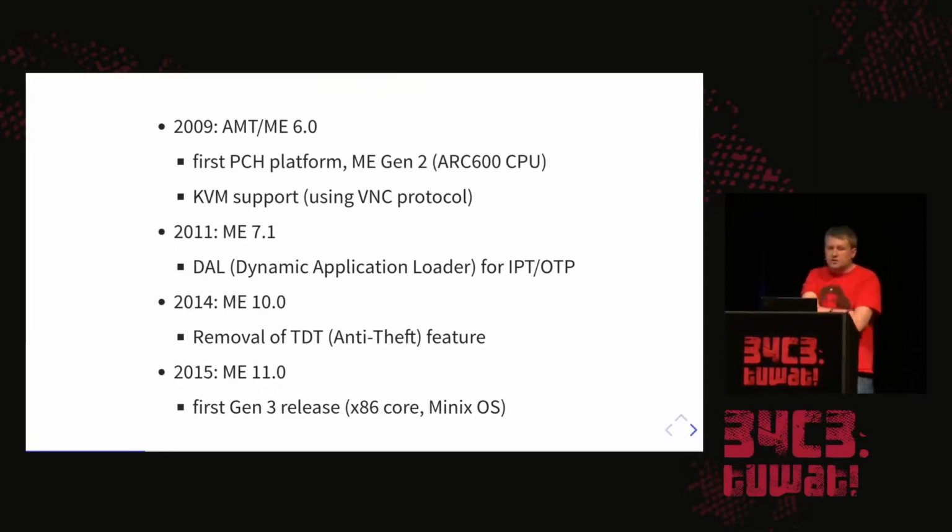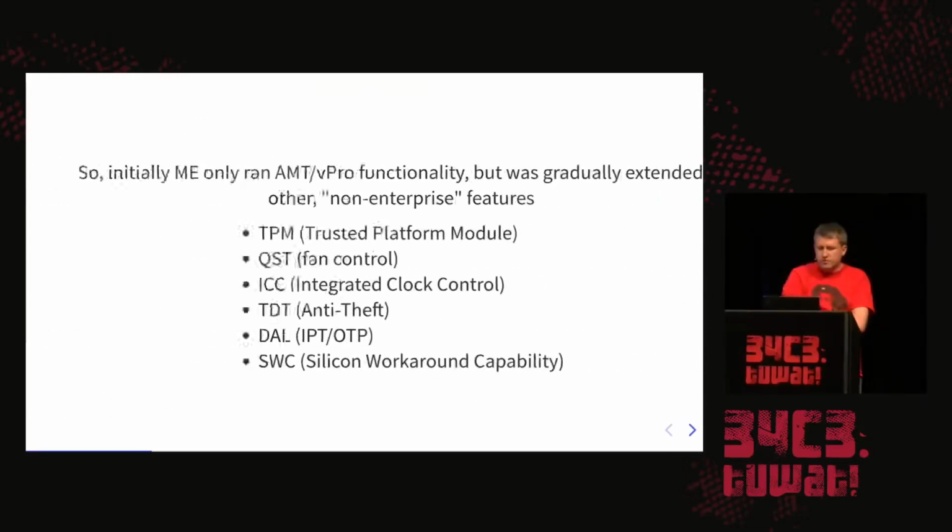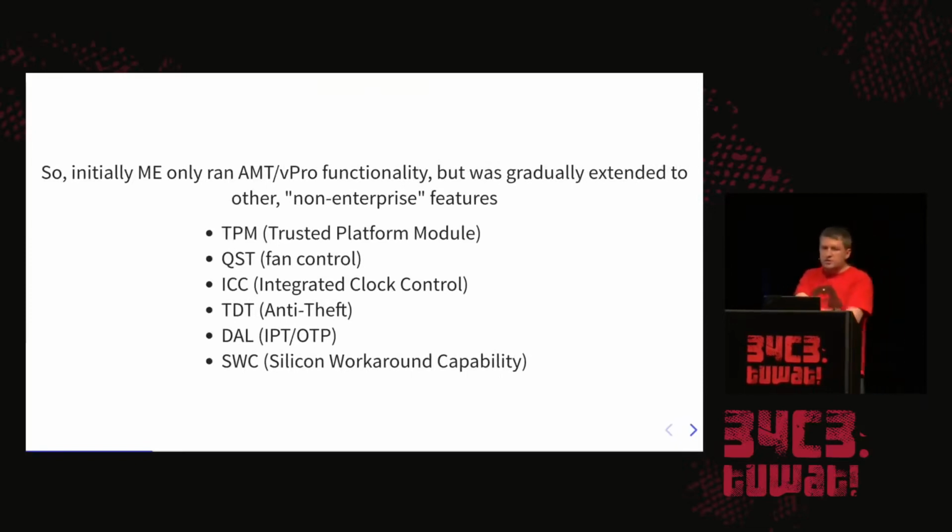Then in 2009, they moved to so-called, we call it Generation 2. They switched to a different CPU, to a more efficient instruction set, and they added also KVM support. So previously, what had to be done in hardware using external switches, now it could be done over the network. So you could have full control of the computer, like see the video, use the mouse and keyboard, and so on. They used a version of the VNC protocol. Yeah, anyway, just some milestones. They're not really interesting, I guess. I'll skip them. So the summary is that originally it was created for this AMT, Advanced Management Technology, I think,